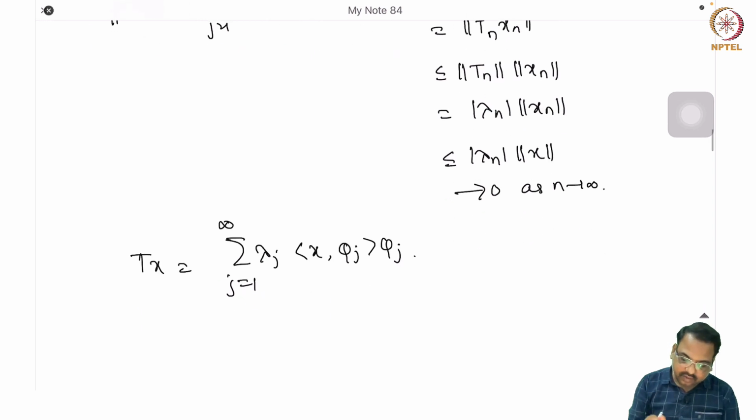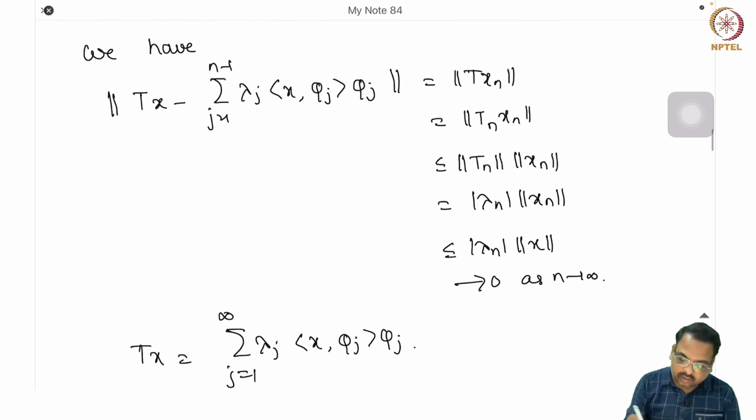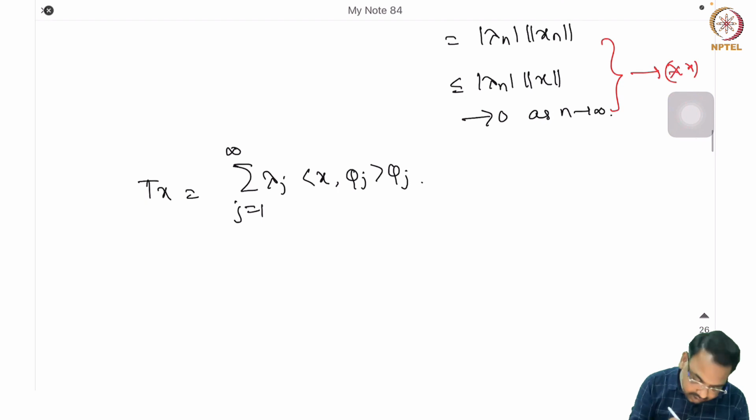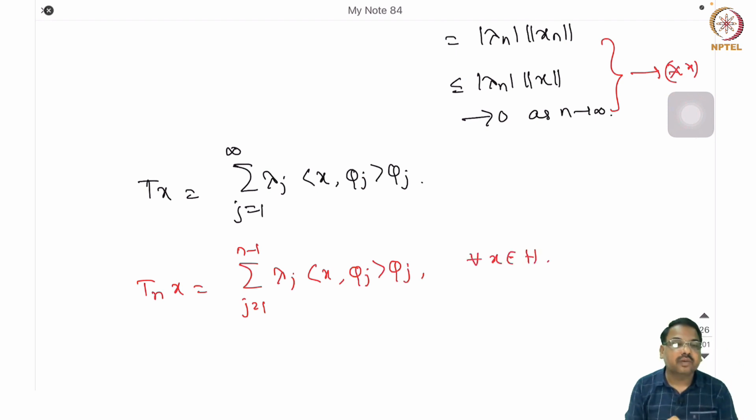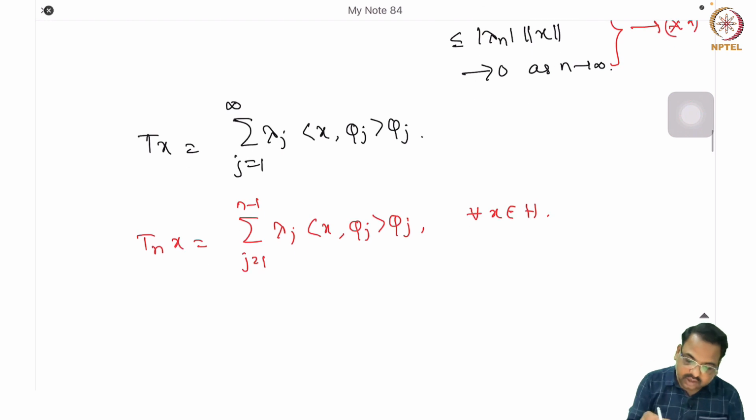Now in fact, let us look at this whole inequality as double star. So let me define T_n x as the summation j equal to 1 to n of lambda_j inner product of x with phi_j, for every x in H. These are all finite rank operators. Now by double star